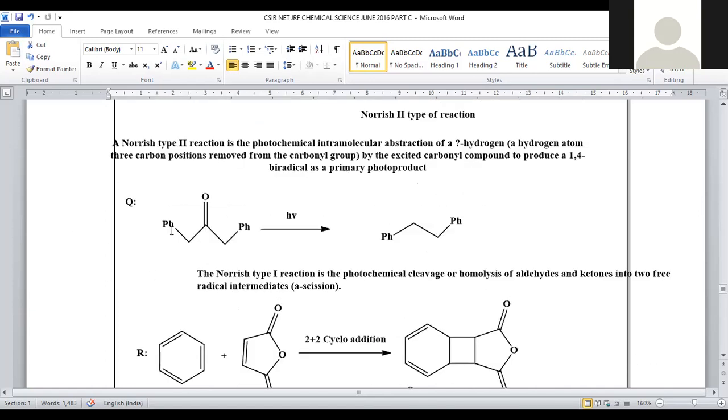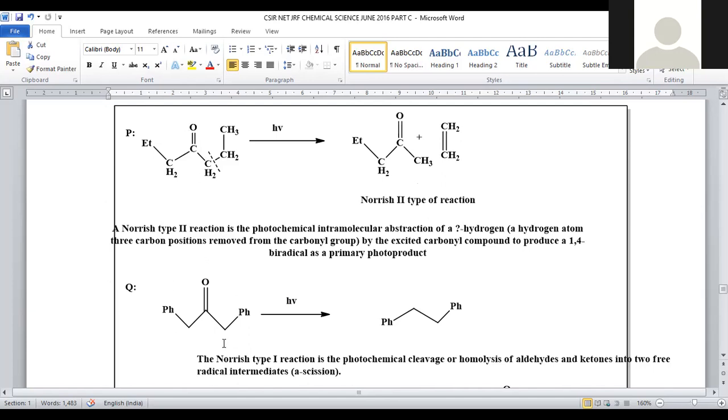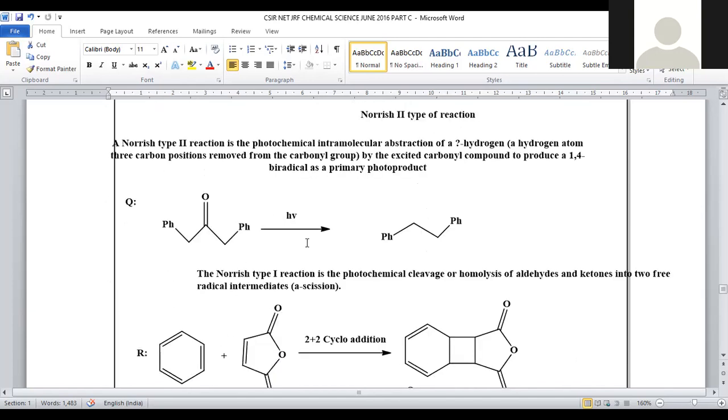And the second is, instead of propyl, we are taking phenyl, and the remaining structure is exactly the same. In this condition, it is not that easy to cleave the bond, and h nu conditions were applied so that it is transformed into Ph-CH2-CH2-Ph, and one more byproduct will be generated, that is CO. So a carbonyl group is also generated. By using the byproduct formation, we can simply recognize it is a kind of Norrish 1 type of reaction.